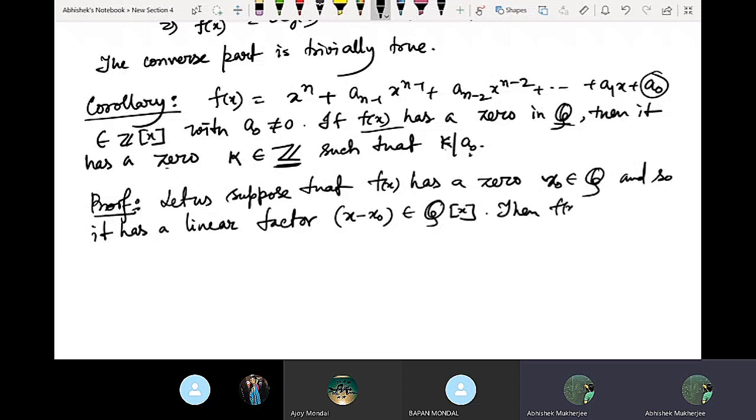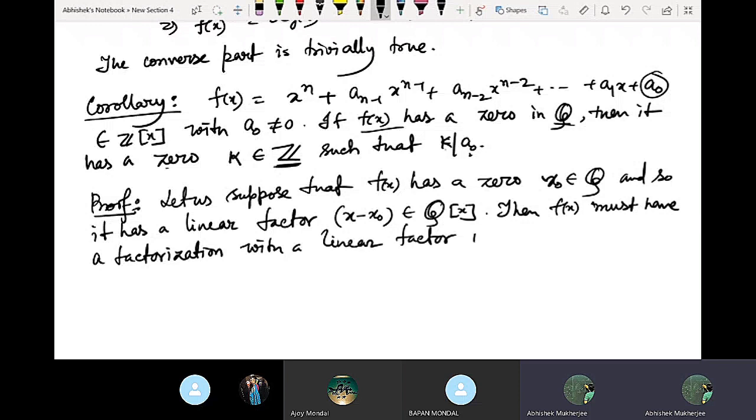Then fx must have a factorization with a linear factor in Zx by the above theorem, and so there exists an integer k such that